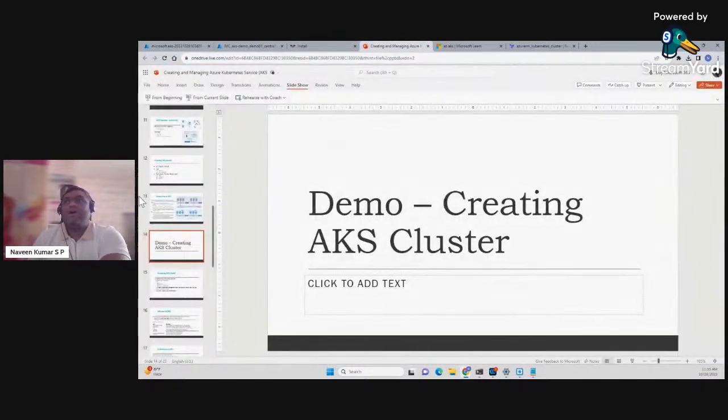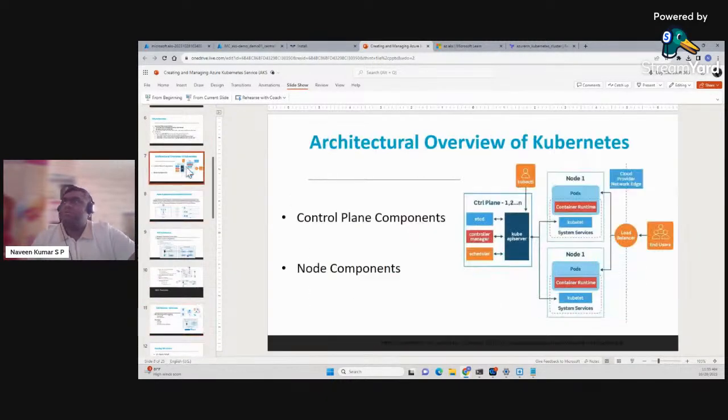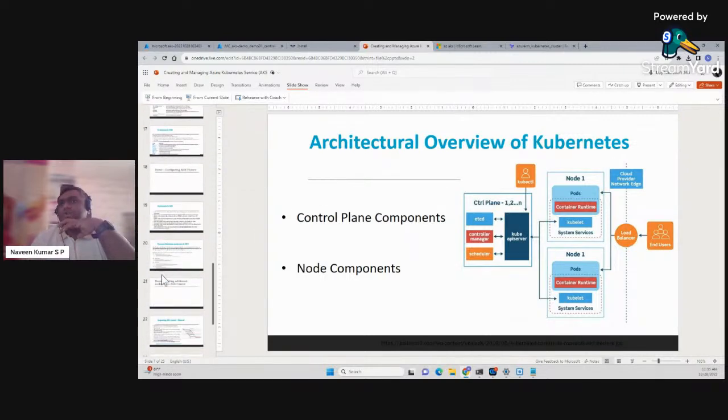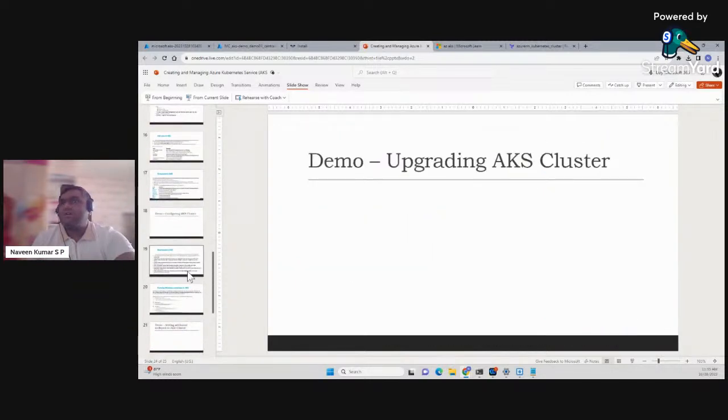So that is where you have something called the cloud controller manager, one of the core components of Kubernetes, which is responsible for talking to the cloud resources and creating them. Going back to the slides, so we just saw how the